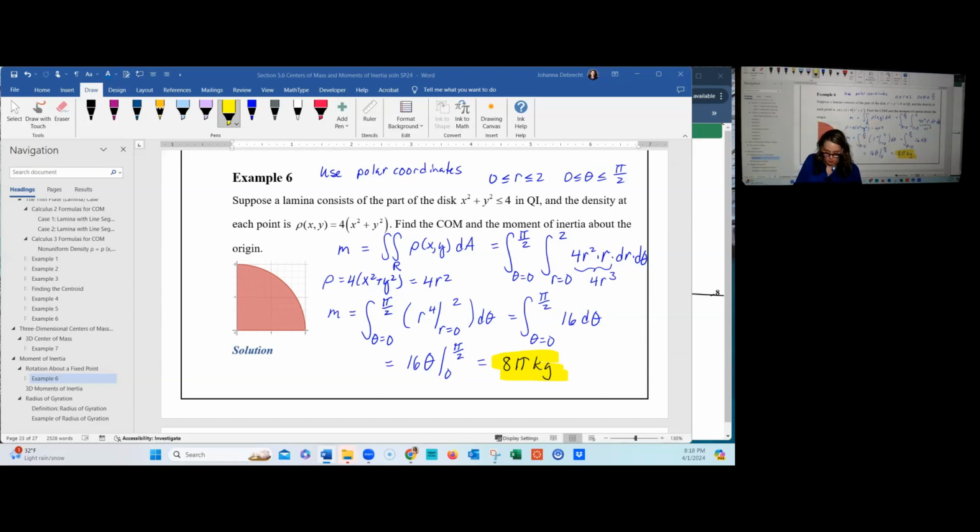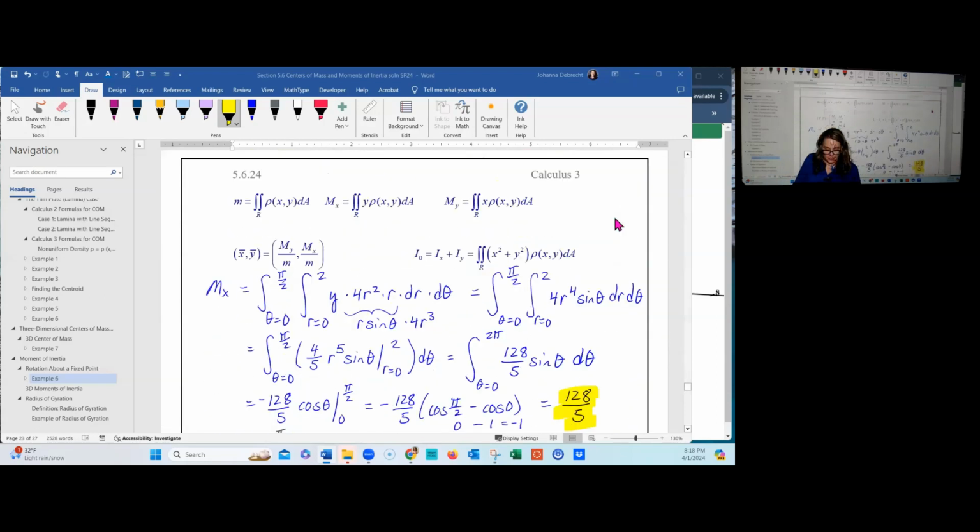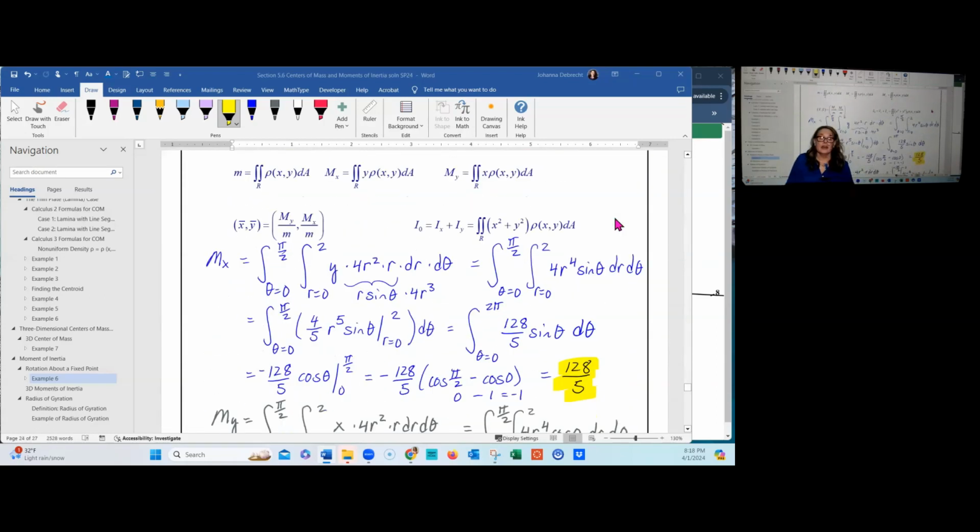However, because we're using the polar coordinate system, we need to convert our x and our y into their polar representation. So when I'm computing the moment with respect to x, I have y times the density function 4r squared times the polar differential r dr d theta. But y can be written as r sine theta. So I have r sine theta times 4r squared times r, which gets me 4r to the 4th sine theta, dr d theta. Then I integrate first with respect to r to get 4/5 r to the 5th sine theta,